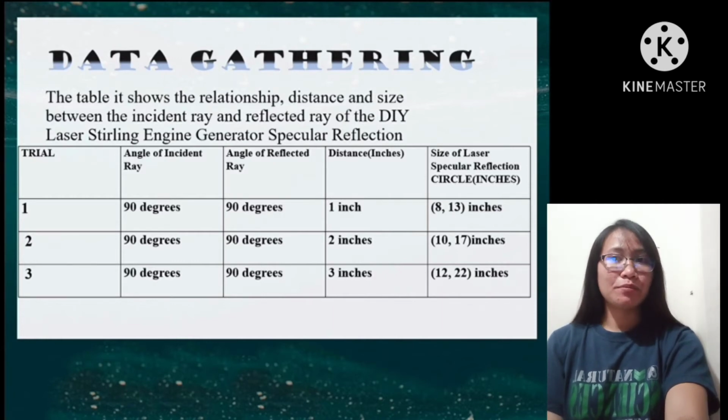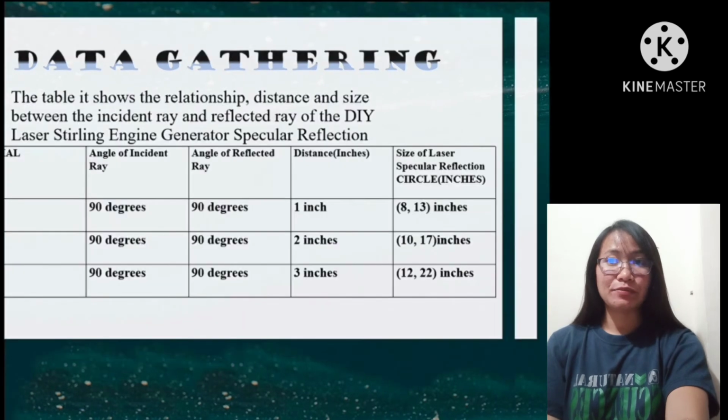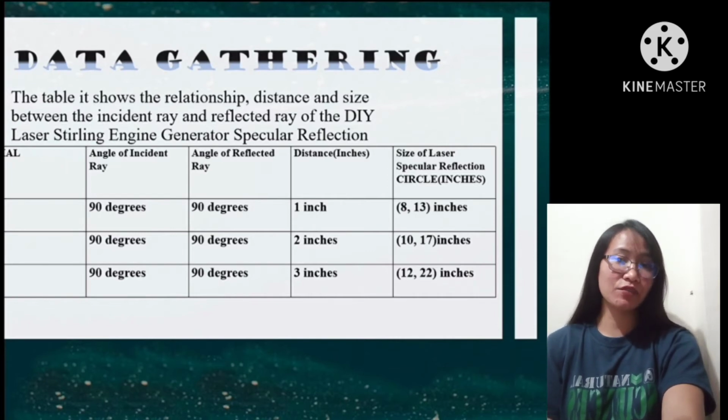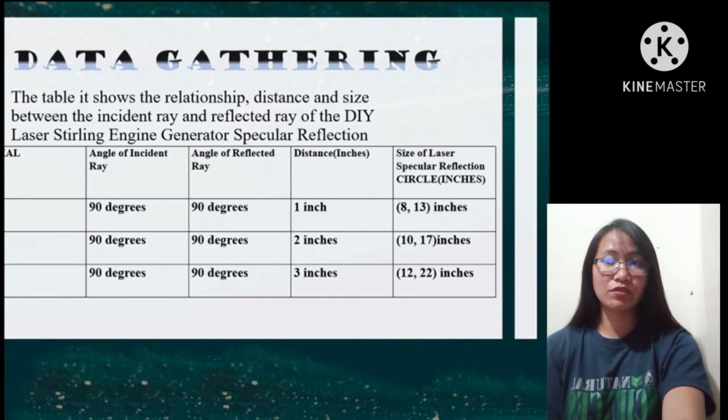The angles are measured relative to the perpendicular to the surface at the point where the light ray strikes the surface. First trial, with 1 inch distance, when it strikes the surface of the CD tape, it shows that the angle of reflection equals the angle of incidence. It produces a size of 8 inches in the first circle, then 13 inches on the second level of circle